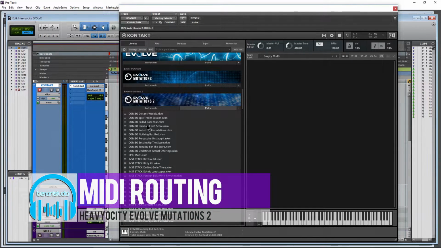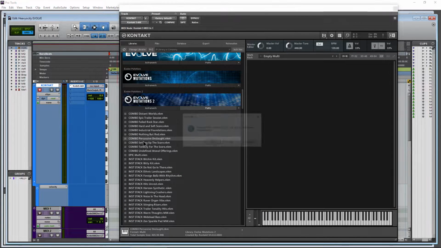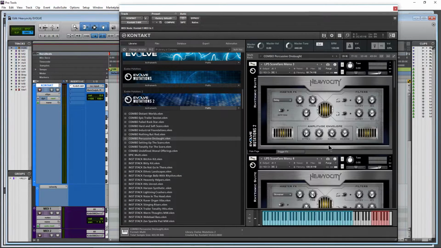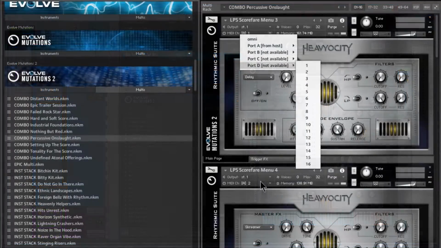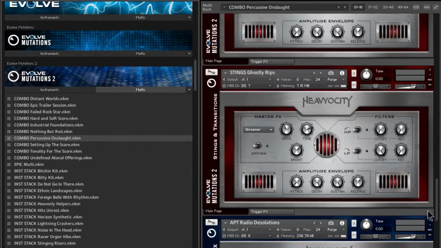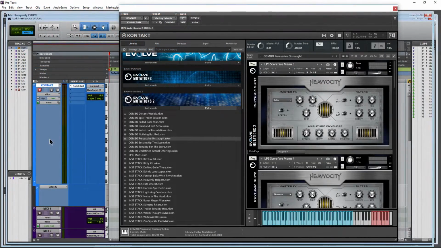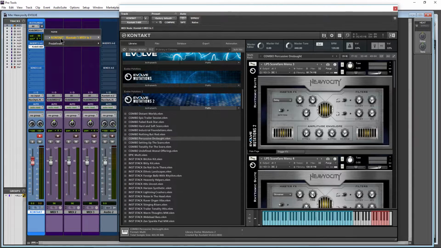So whenever you have a lot of different instruments here, like a multi, we'll just load this combo up. And this one here defaults to input 1, MIDI input 1, down here MIDI input 2. This is 3, 4, 5, all the way down to 8. So I press a key on my keyboard because of course I have this track here in Pro Tools activated, and that's going out to channel 1. So I'm just triggering